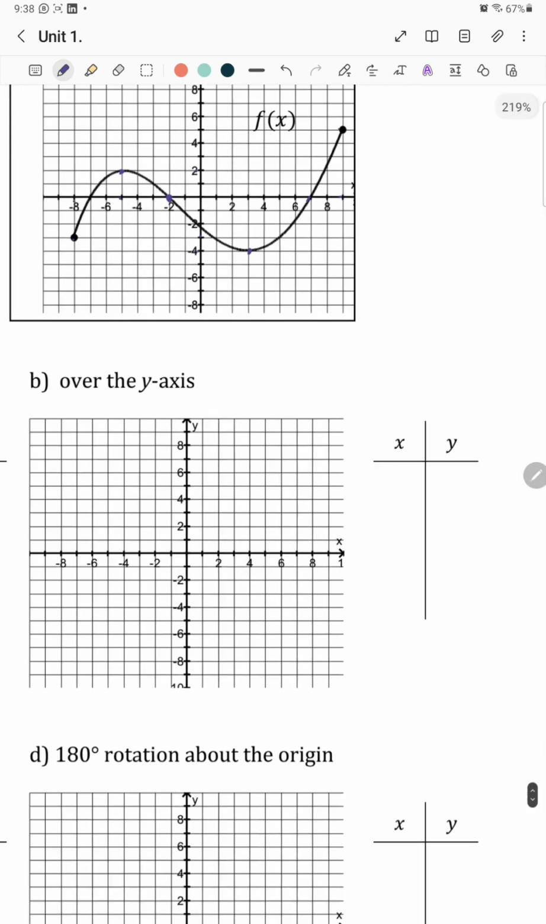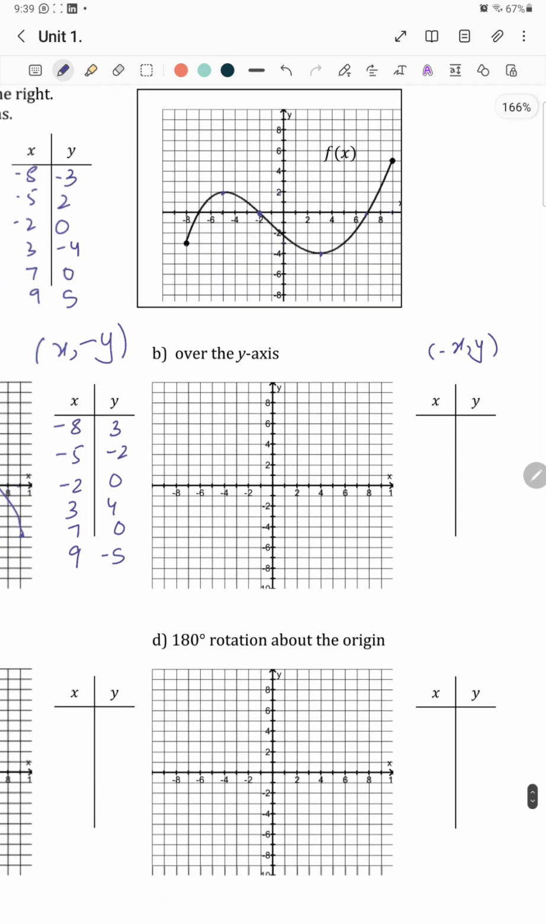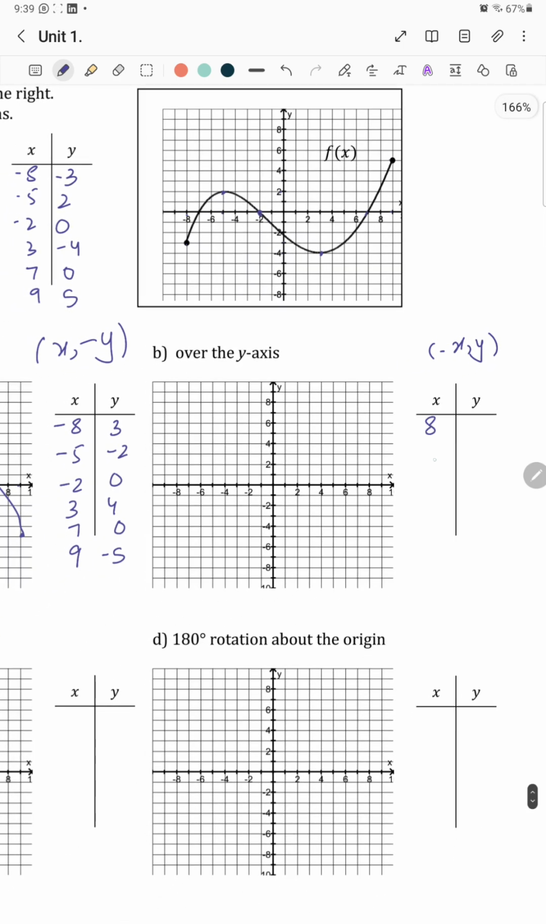Over the y-axis, we need to transform -6 and y. So what we are going to get is 8, 5, 2, 3, 7, 9, -3, 2, 0, -4, 0, 5, 8 and -3, 2 and 5, 2 and 0,